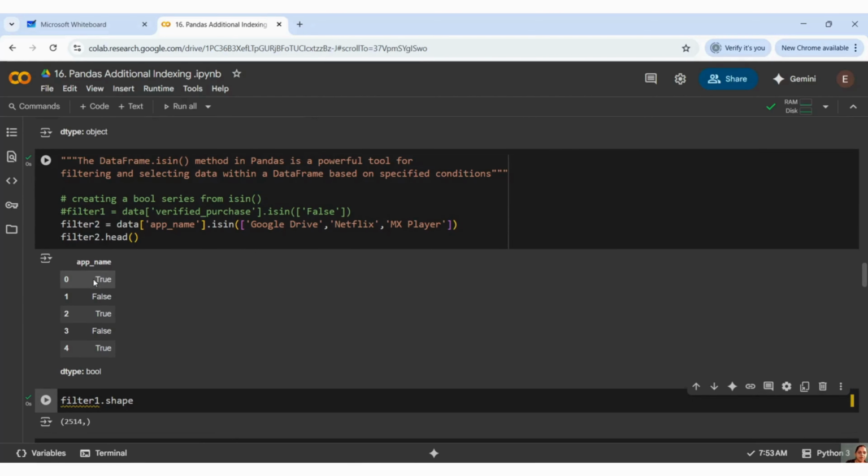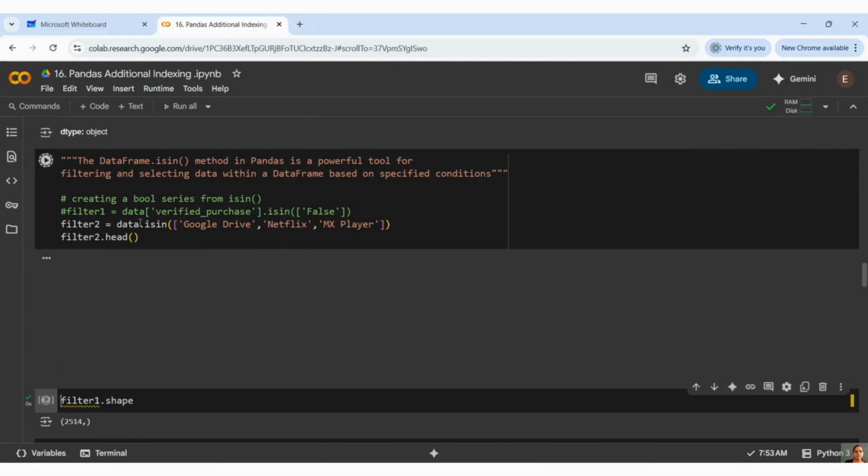So it is giving me true, false, right? That means it is giving you all true and false only. Wherever it is encountering Google Drive in that app name, it is giving me true. And wherever it is not, like Google Drive, Netflix or MX, in those places it is giving me true, else it is giving me false.